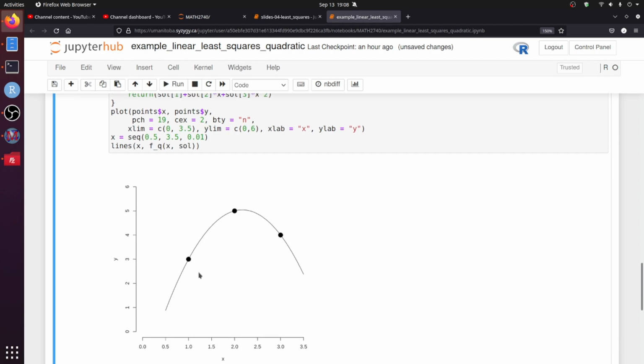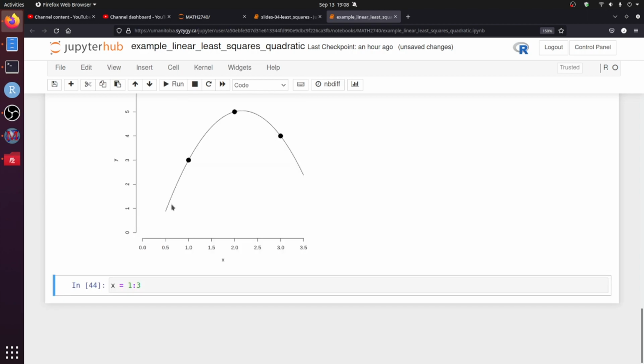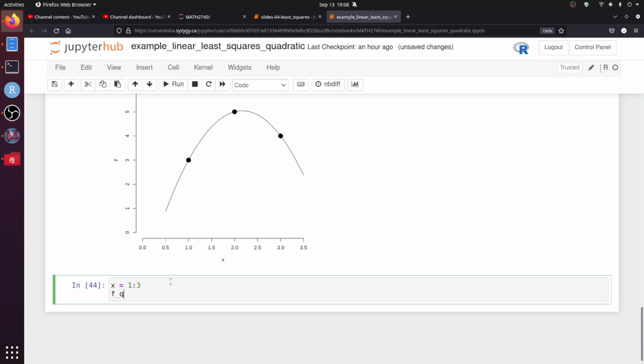You can see that the curve is going quite nicely through these 3 points. I've only got 3 points, so it's quite easy to drive a quadratic through 3 points like this. But this is looking quite good. Actually, let's see how good we did. So instead of saying that x is all these values, let's just say that x is the values from 1 to 3, which are our actual data points. Then if I compute fq of x and solution,